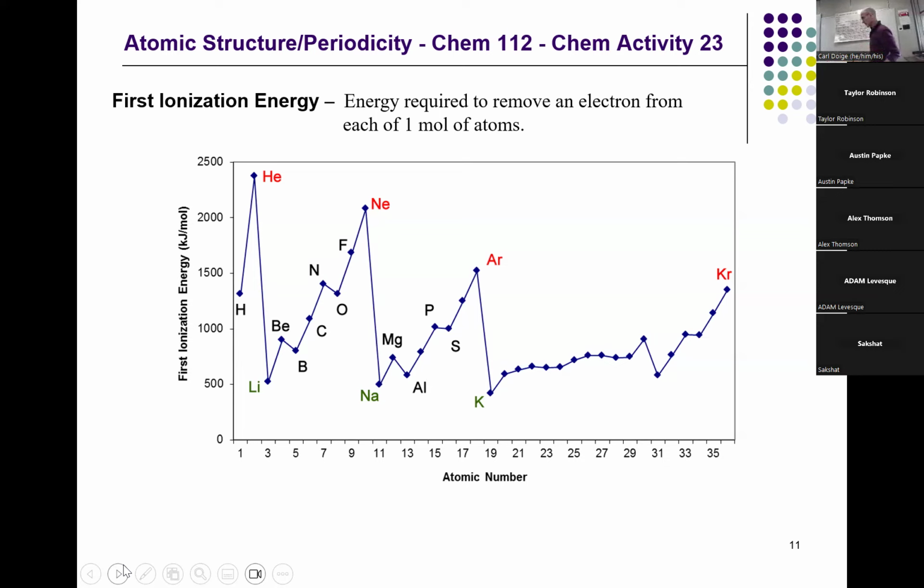Instead of just saying ionization energy, we'd say the first ionization energy, because atoms other than hydrogen all have more than one electron. So we're talking about just removing the first one. And I hope you see that there are some basic trends. Across the periodic table, ionization energy increases. Hydrogen to helium, that's across the periodic table. Ionization energy increases. Lithium to neon increases. Sodium to argon, potassium to krypton, always an increase.